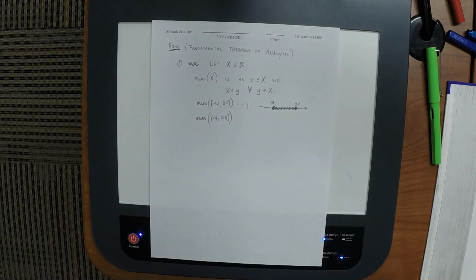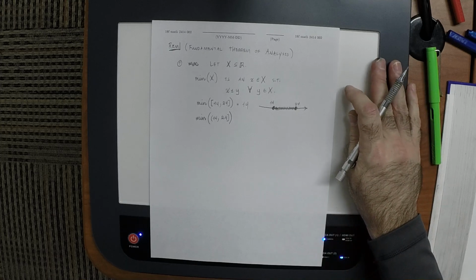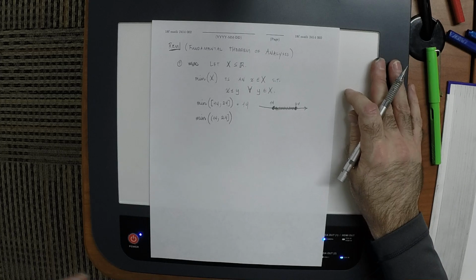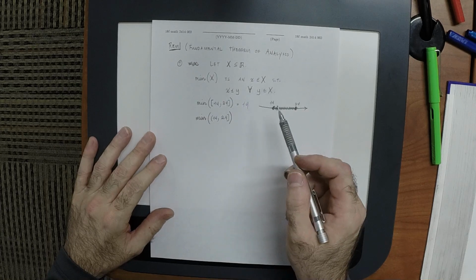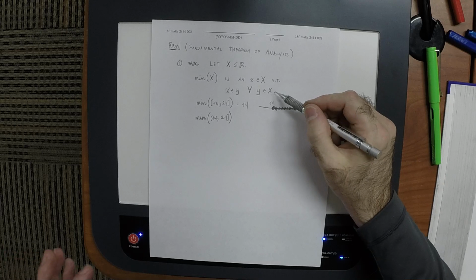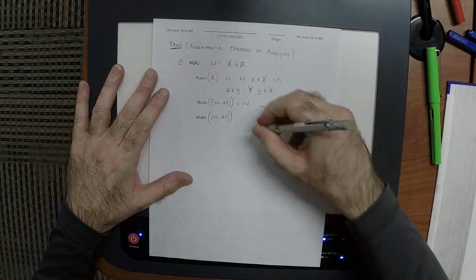What about that? No. What's the correct way to respond to this? It's not 14. It's not 14 because the minimum of a set X is a number that's in that set. So can it be 14? I'll address that in a minute. But can it be 14? No. It can't be 14. It can't be 14 because 14 is not in there. So the picture looks like this.